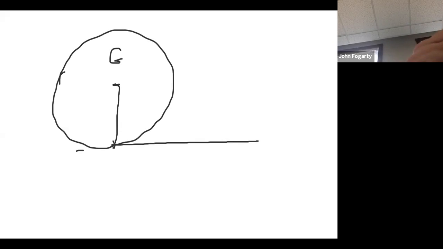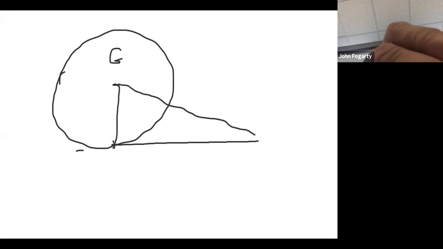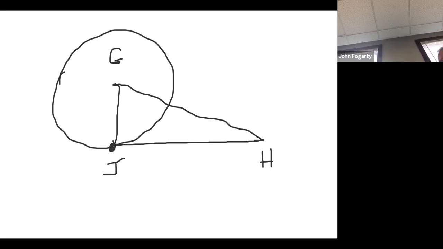GJ, and JH. So JH is tangent. I know it doesn't look it, but it's tangent to the circle. Now, if I tell you this is 12 and this is 8,